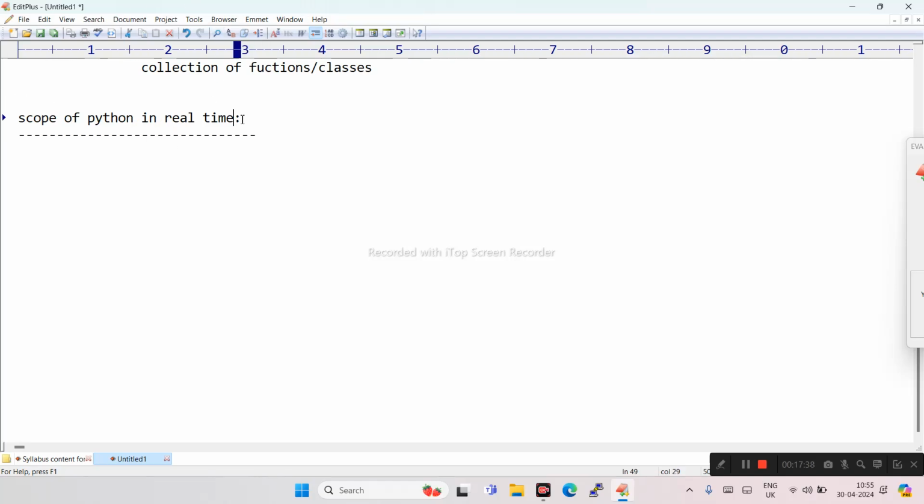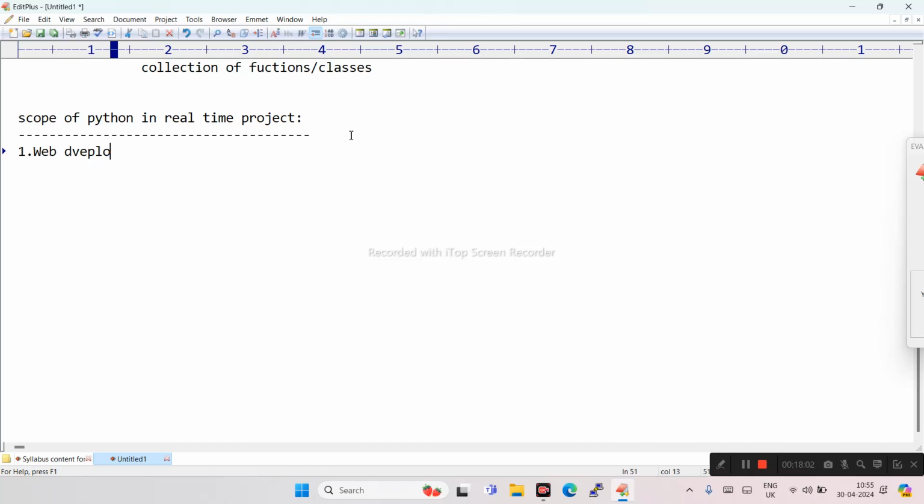So what kind of projects can you develop with Python? Don't worry, I'm telling you. That means by using Python, the first primary thing is that we can develop web